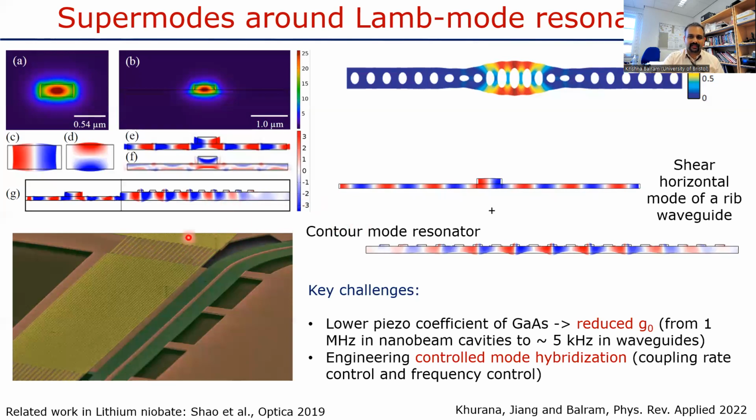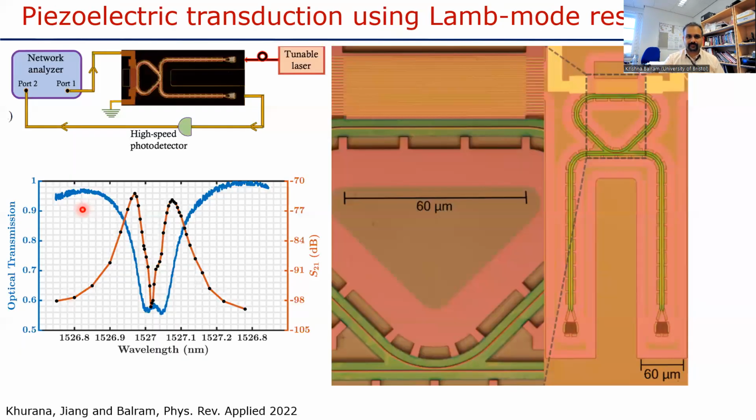Now, of course, one thing that I did not mention is that this mode hybridization is not without its trade-offs, as in any device design. You do get a much higher transduction efficiency, but it's important to keep in mind that the acousto-optic interaction strength does drop off, because now a fraction of the acoustic field starts sitting inside this contour mode resonator, away from where the optical field is. So the acousto-optic interaction does drop. On the other hand, what you care about ultimately is the overall transduction efficiency, and on that front, you do get a significant advantage.